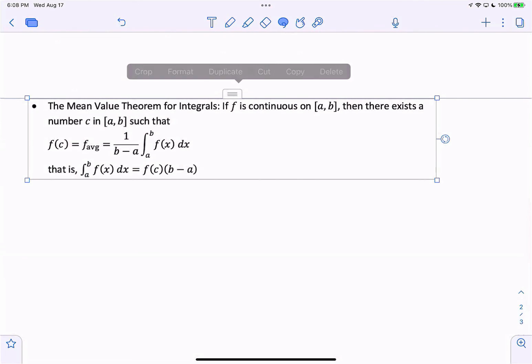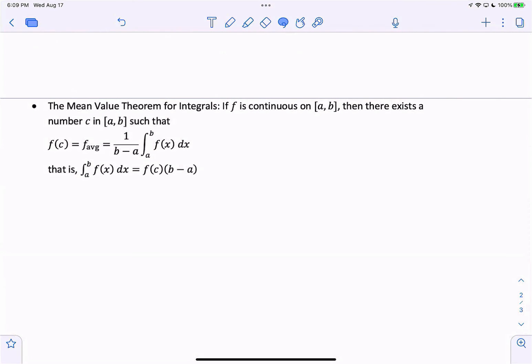And this will lead us to the mean value theorem for integrals. It says that if we have a function f that is continuous on the closed interval from a to b, then there exists a number c in the interval such that f of c is equal to the average value of the function. What you see here is just, it says f of c is equal to the formula that gives the average value of the function. And then if we were to, say, clear the fraction here, you end up with